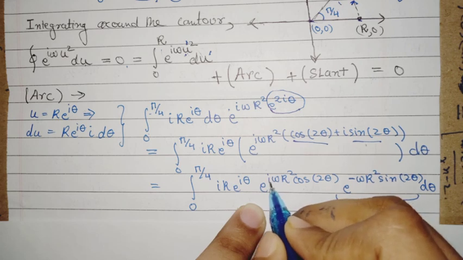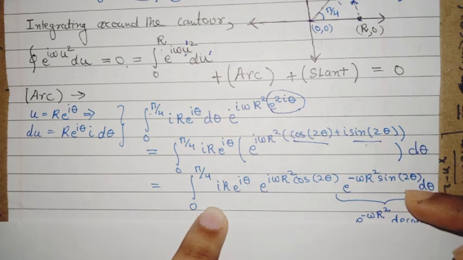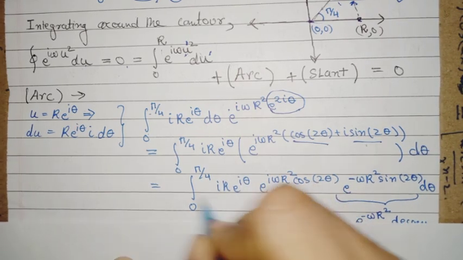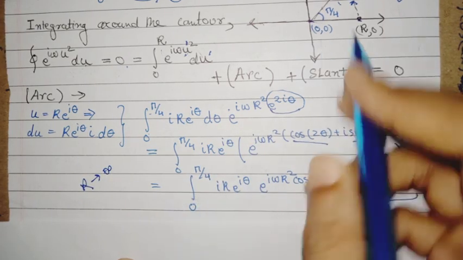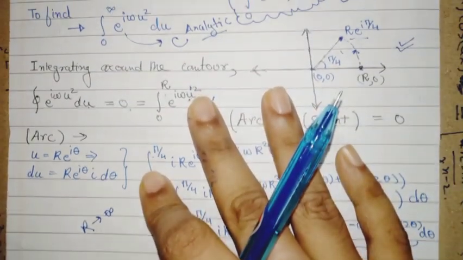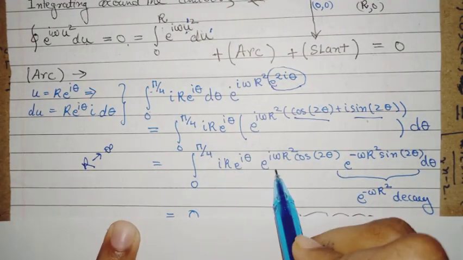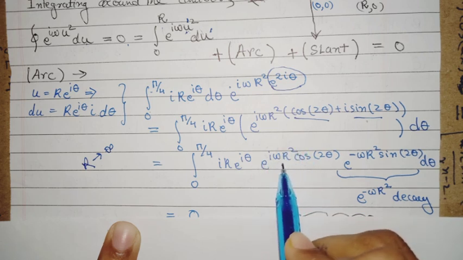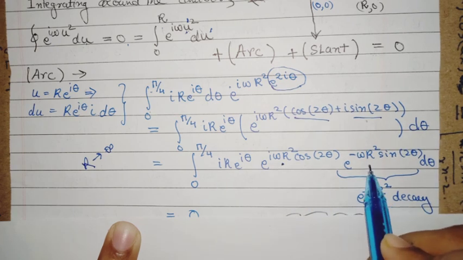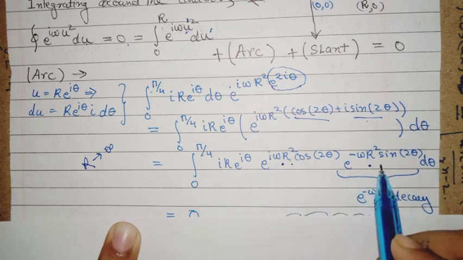The exponential power to this times r square, when this entire thing tends to infinity, when r tends to infinity, so that I can get the 0 to infinity integral, this is what I need. So when r tends to infinity, you can see here that this is just an oscillatory part. This where my pen is pointing is an oscillatory part. This part is a decaying part, because you see this has an I exponential, but this doesn't have.